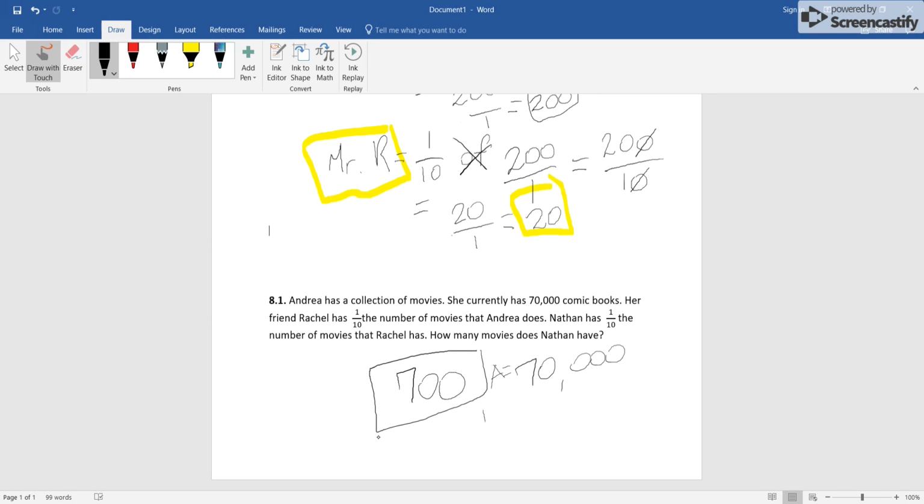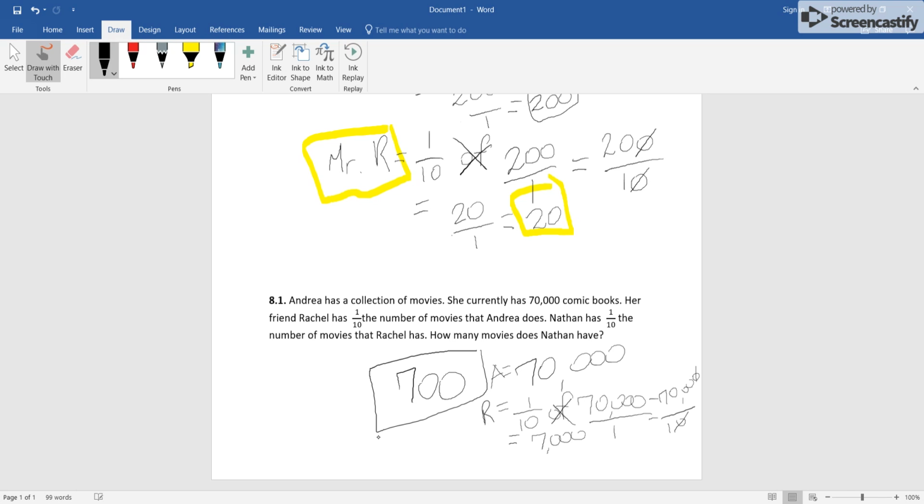And then Rachel, she has 1/10 of Andreas, which is 70,000. We just divide. And here we multiply. 1 times 70,000 is still 70,000. 10 times 1 is 10. And we have 1 zero on the bottom. So we take out 1 zero on the top. And we're left with